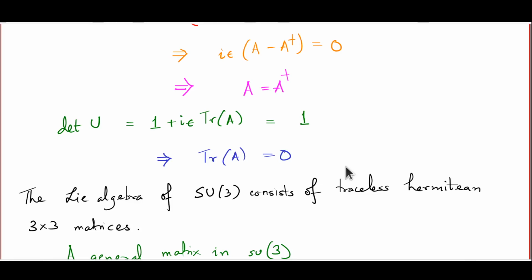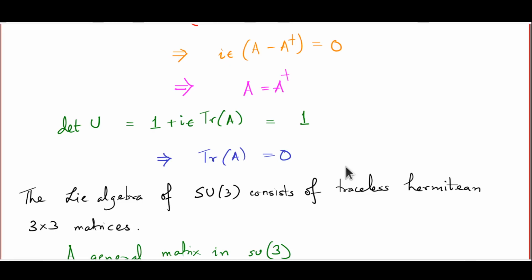So to describe a typical matrix in small SU3, you would need 8 parameters, and that obviously implies that SU3, this vector space, the Lie algebra that is, has to be an 8-dimensional vector space. Now there are of course infinitely many different possible bases which I can write down in an 8-dimensional vector space, but a rather obvious generalization of the SU2 basis vectors suggests itself when I try to write down a general matrix